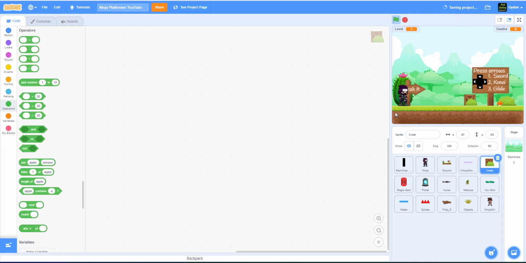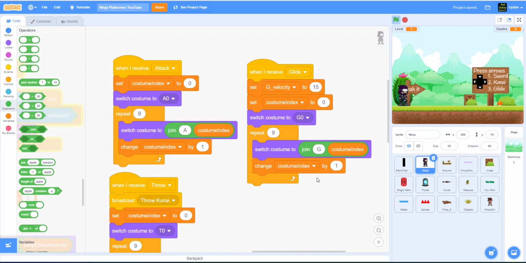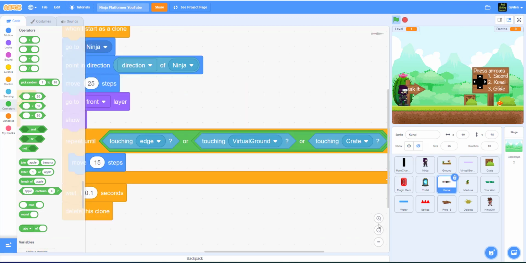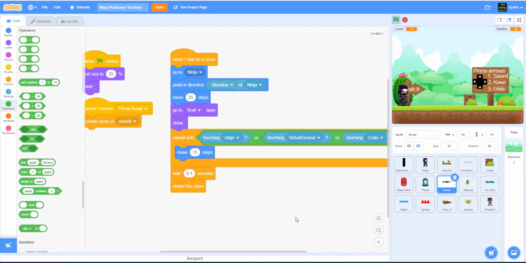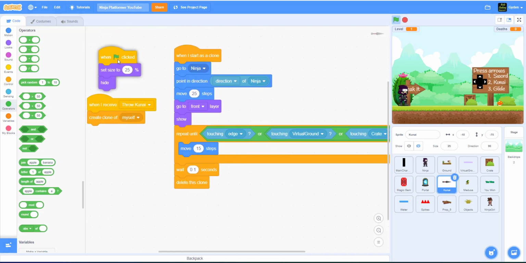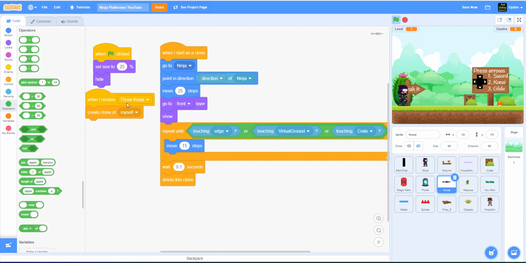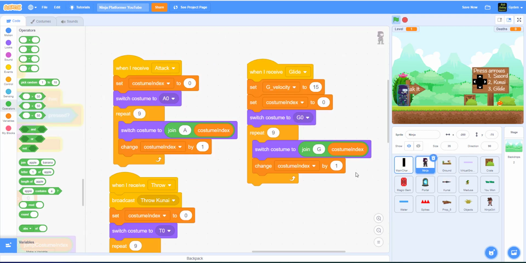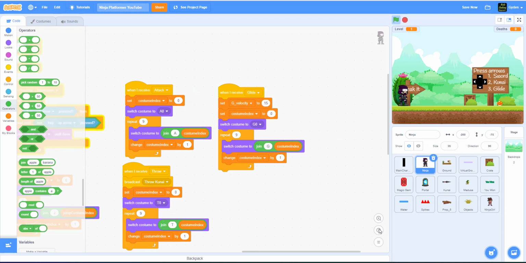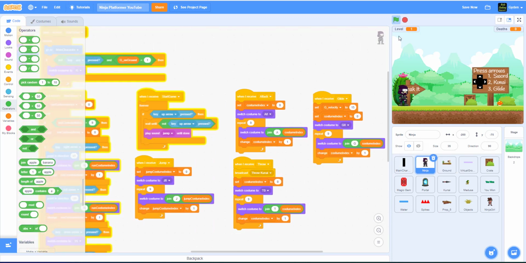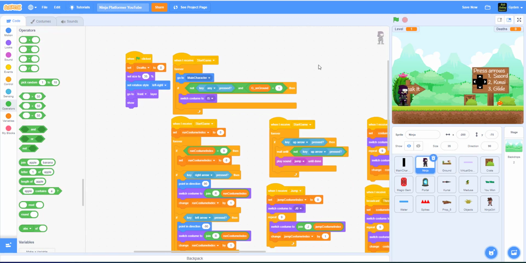So that is pretty much for the code. So let's just take a minute. If you guys miss anything, you can go and take a look at the code. Make sure you got everything down. So we have the code here for the kunai, and then we have the code for the ninja. Let's go back up over here. Stop this. So on the top,